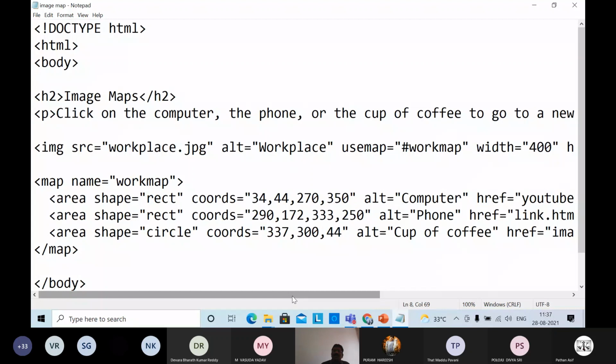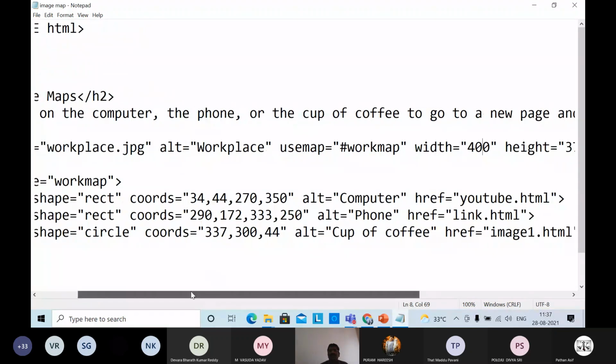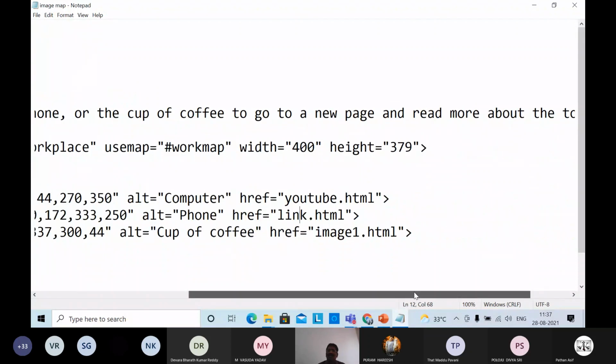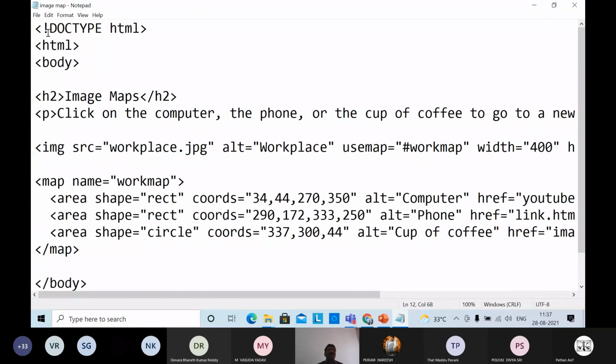So in this program I have taken the href equal to youtube.html. So youtube.html means automatically the picture comes. So link.html, I have taken the link file. Then link.html, next reference is image1.html. Now you see that, when you are executing this map, when you execute this map,